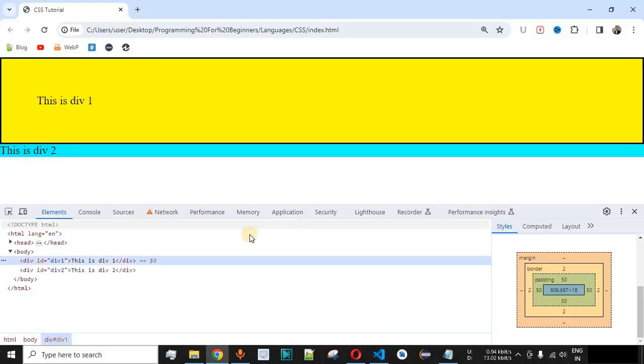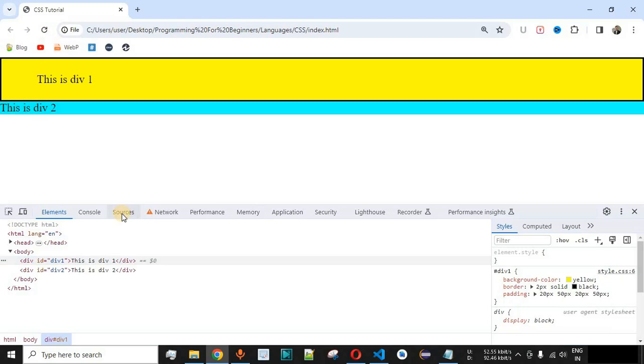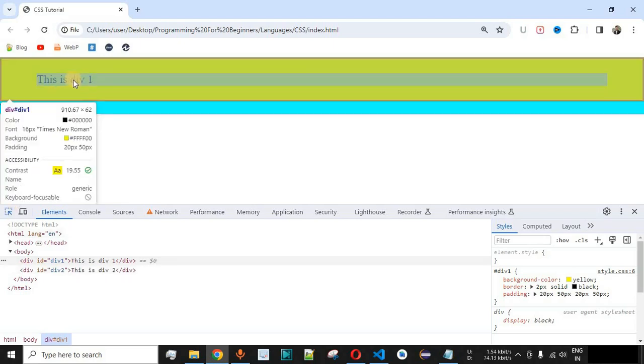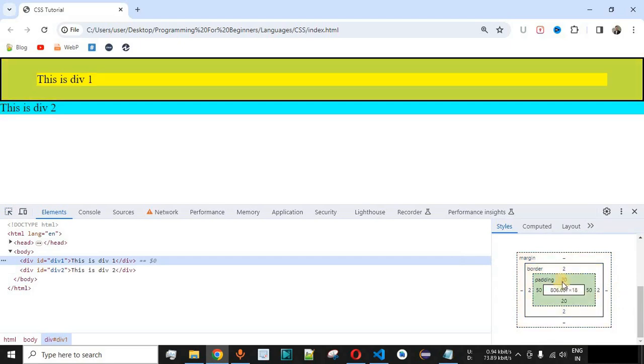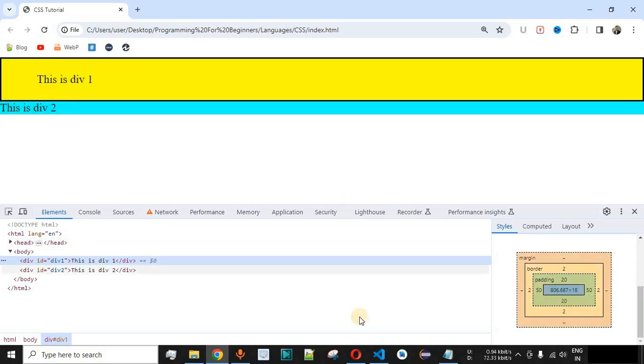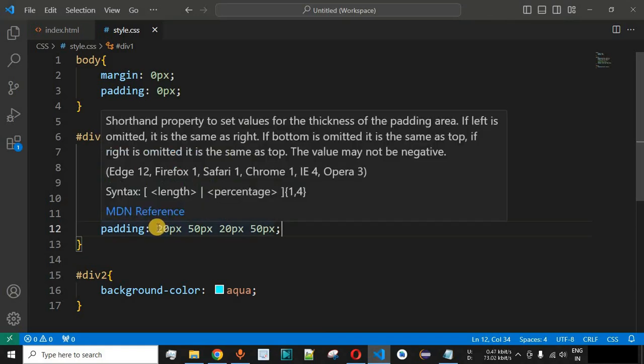Let me just save this file now and try reloading this page once again over here. So as you can see, this is the padding top and padding bottom, which is 20 pixels. We can verify that using the inspect option over here. So when we click on this and come down over here, as you can see, padding top is being defined as 20 pixels and padding right and left is being defined as 50 pixels over here. So guys, this is the way that you can define the padding for individual sides of a web element over here.